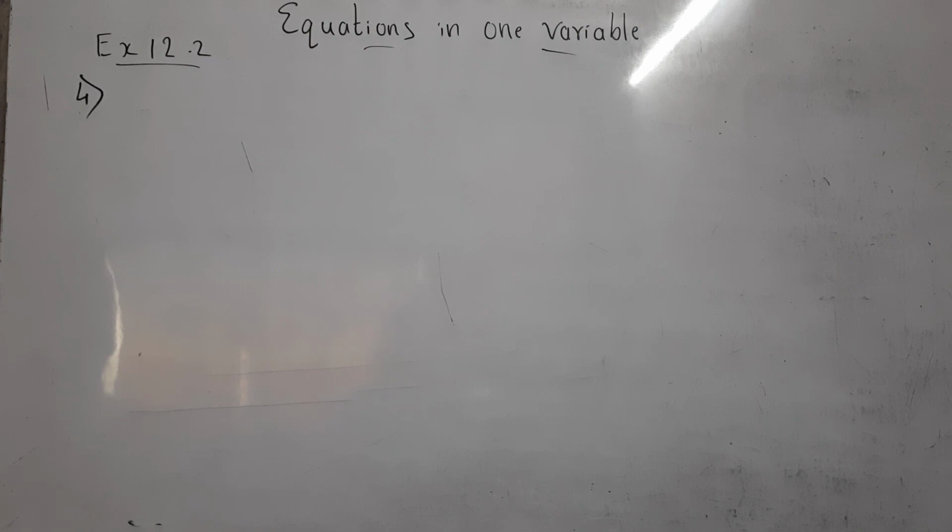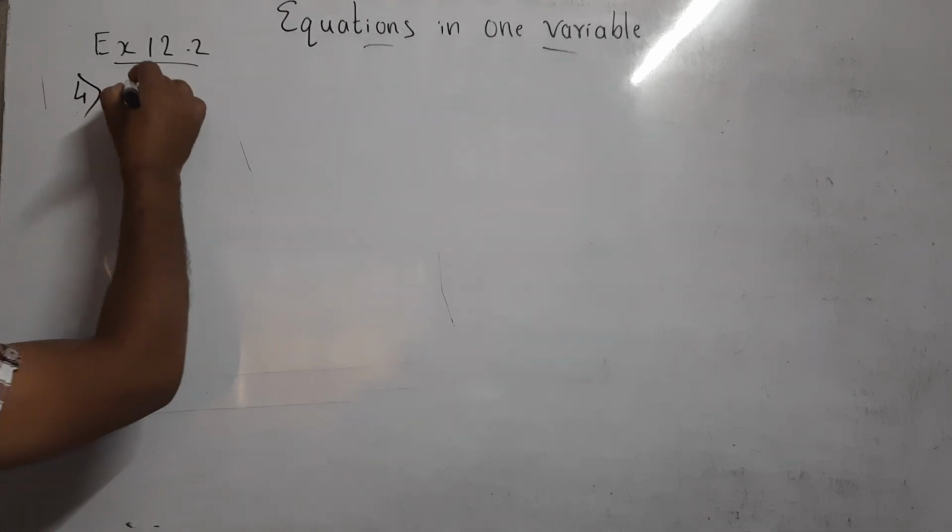I'm reading the question. Always remember, students, to read the question twice so that you understand what is given. Now, the 4th sum: find 3 consecutive whole numbers whose sum is more than 45 but less than 54. There are 2 conditions given here. When we add all 3 consecutive whole numbers, the sum should be more than 45 but less than 54.